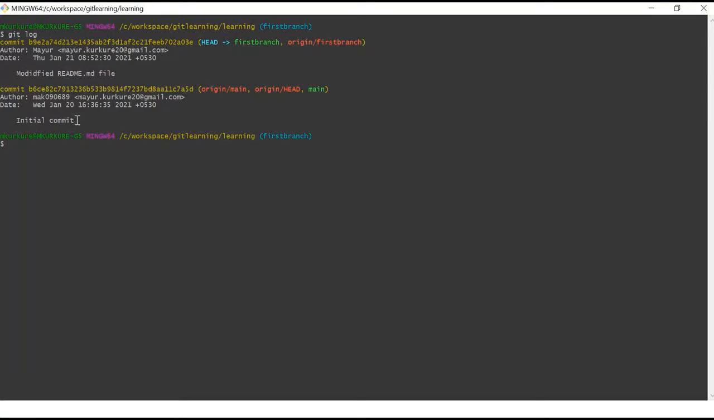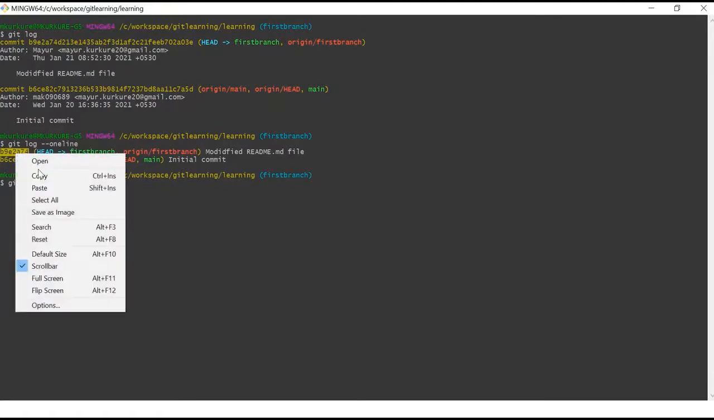You can see it also gives you a lot of details, like who the author is, what date it was committed, and what file was modified. If you don't want these details, then you can write a command like git log -- and pass the flag oneline. So this will give you the list of commits, with the starting ID of each commit. Now if you want to see what happened in this commit, you can do git show and copy this ID,